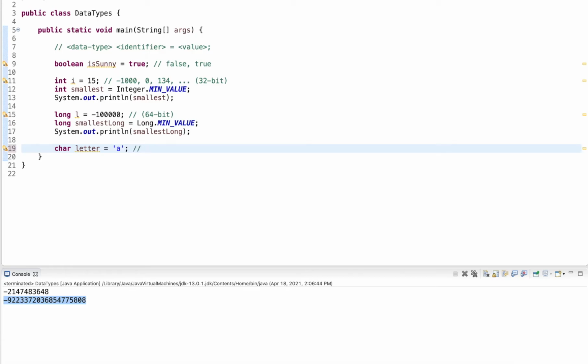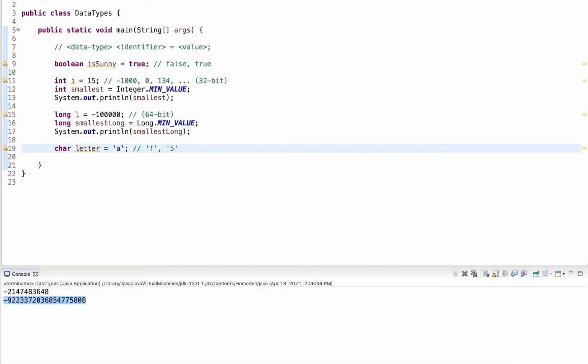This can really store any character. So we can store letters, any symbol, we can store numbers even, so for example '5'. But note that a character '5' is very different than an integer 5. So 5 in terms of a character in single quotes is not the same as an integer 5.